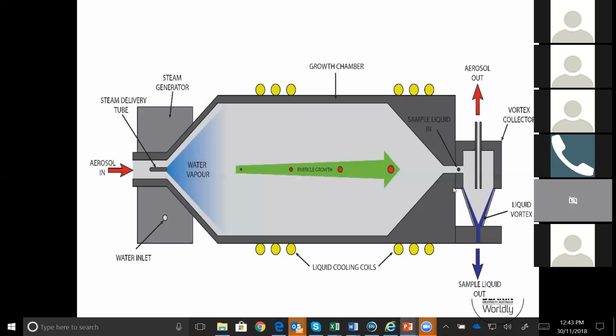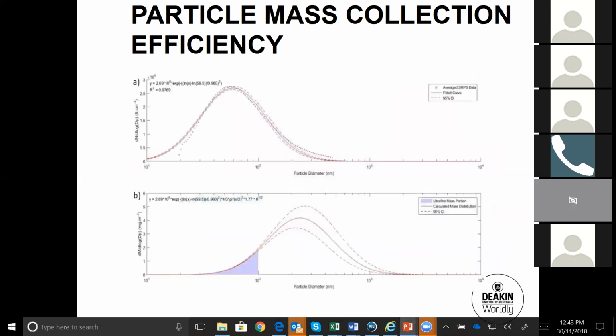And this also allowed us to have a solubility independent particle collection. You saw that most of these advanced methods that are being released now are just good for soluble particles and not good for insoluble particles. So our system is actually collecting all the particles that we have found that are being emitted. And also the liquid vortex ensures that the collected particles are homogeneously mixed, which is good for the fluorescence detection.